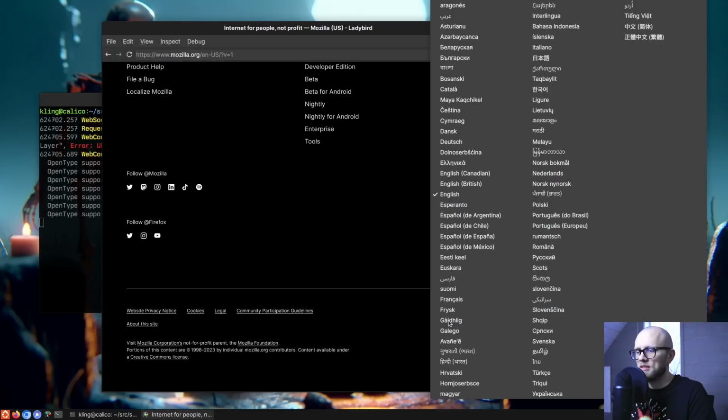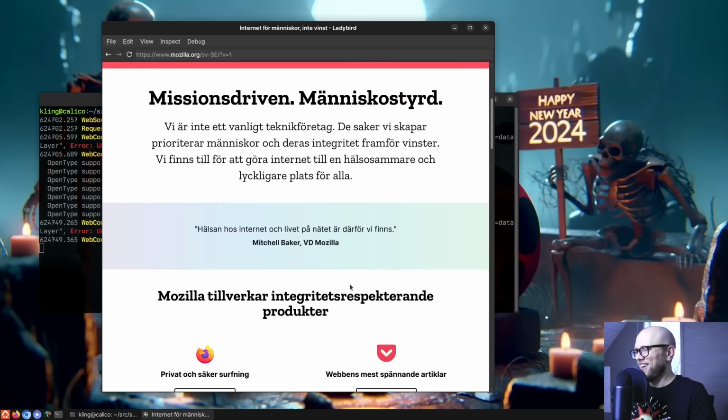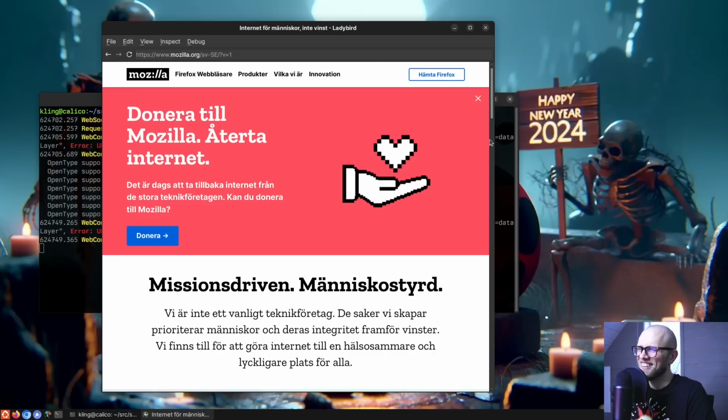Oh, look, it's a select element. Let's pick a different language and see what happens. Switch to Swedish. Does it work? It worked. Oh, that's really cool. Okay. Anyway,